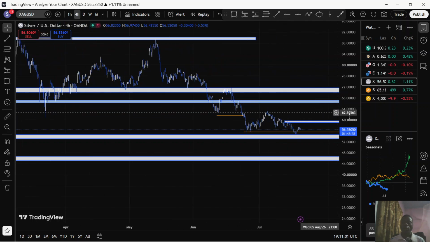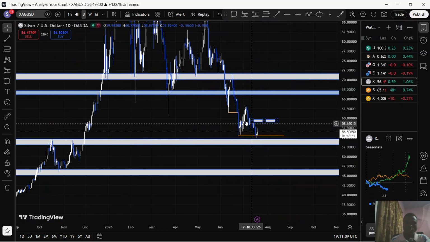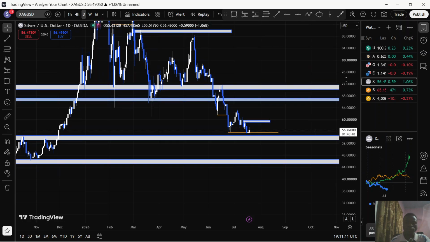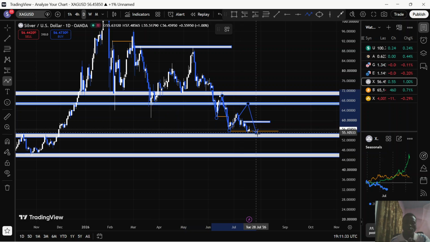For now, to save time, what I'm expecting on silver is, see this low, this resistance. I was expecting price to pull back after this break of structure to the downside. I was expecting price to pull back to this daily resistance and then hit the downside, but still yet